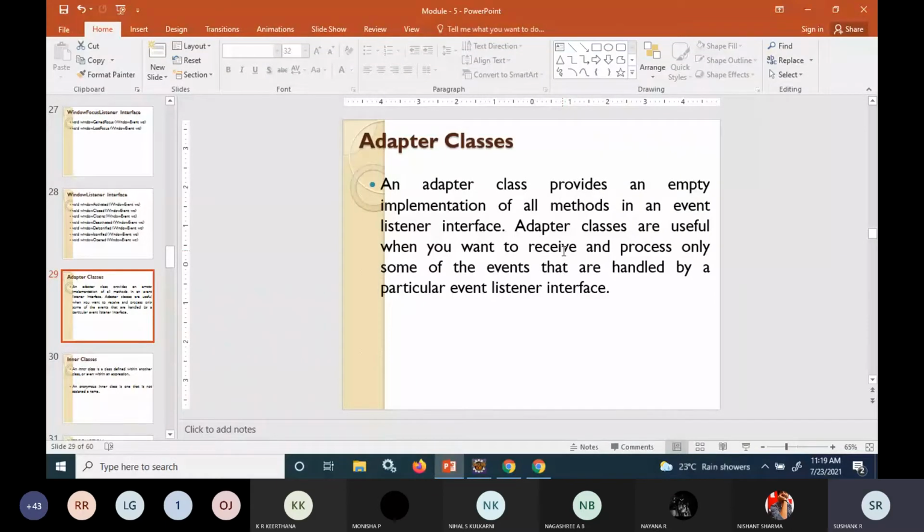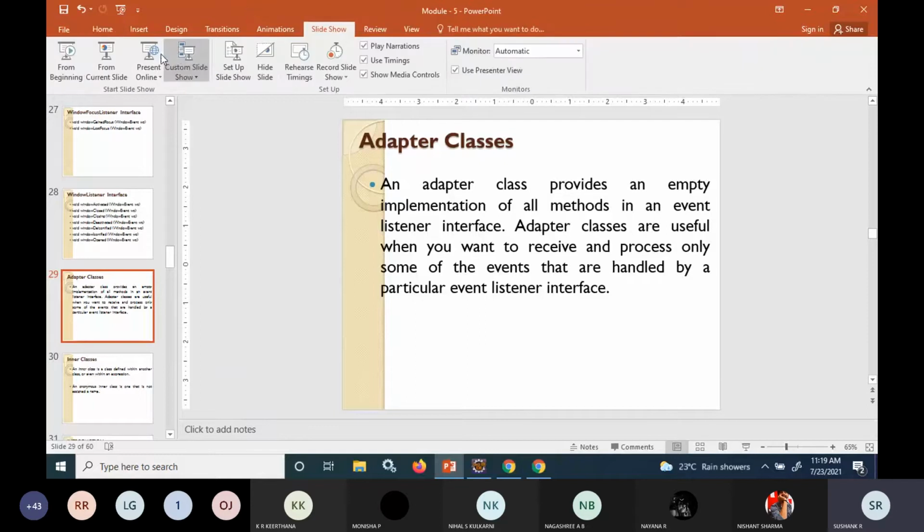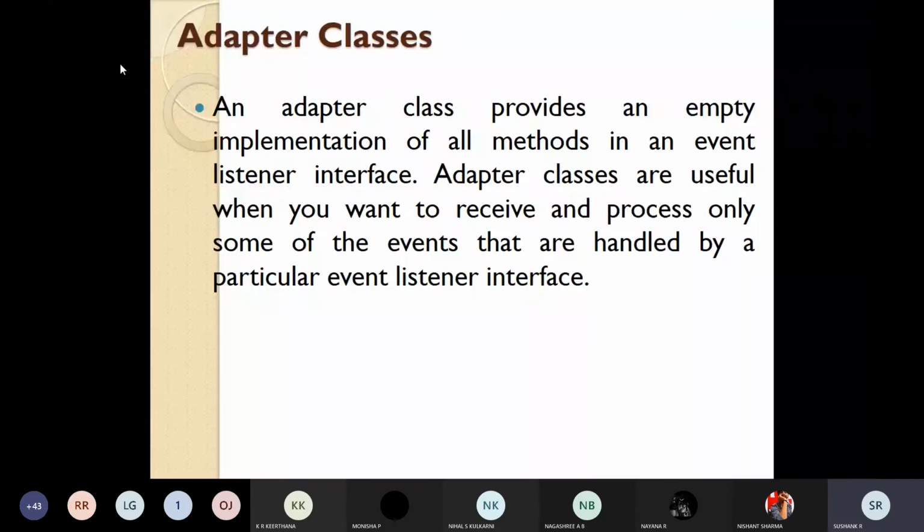So for example, we spoke about the key listener, which is with respect to the keyboard. For this, we have an adapter class called key adapter.